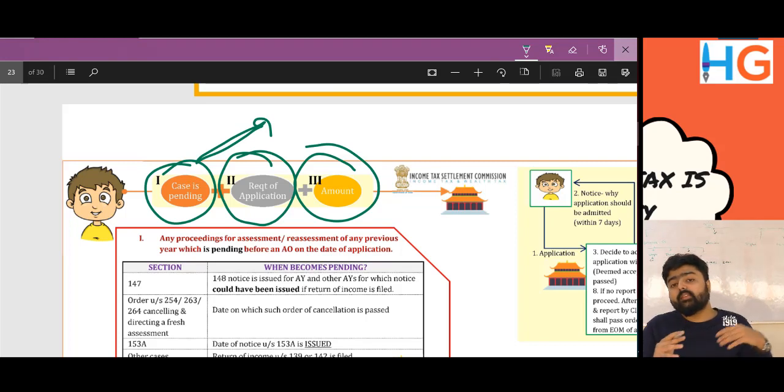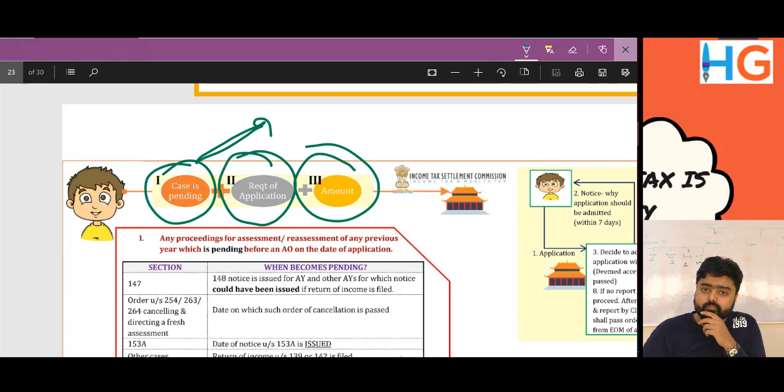Suppose an assessee receives a notice. What will an assessee do? To memorize these provisions, I'll say he'll go to a temple to God. He'll say to God that I have done a lot of bad things in my life. I've escaped this amount of income. So settlement commission is God. Pay attention, okay? Settlement commission is God.